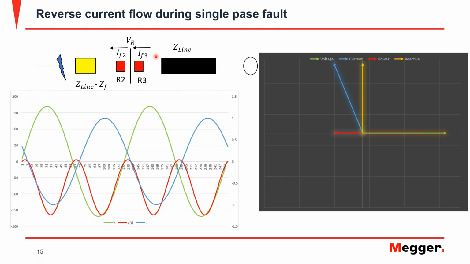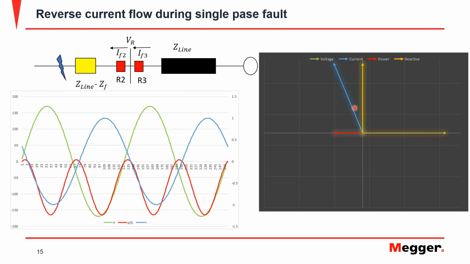So now the current flow is inverted, and because of the polarity of the CTs and PTs of the relay, the current, you can see it here, is almost at 180 degrees from the voltage. The voltage, although I am not showing it here, basically has the same polarity, or close to the same polarity as before, but the current was inverted, and we can see that here also in the phasor